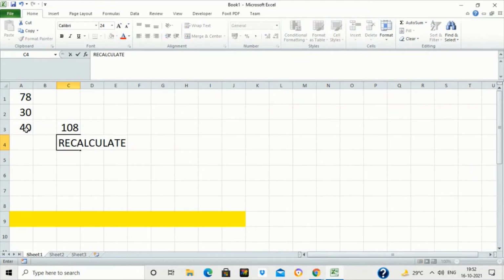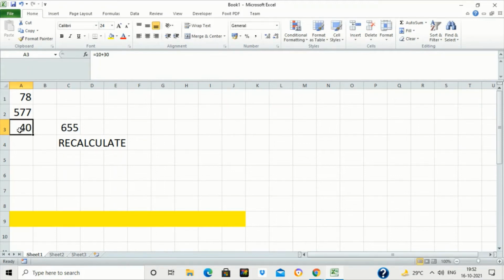The formula will automatically recalculate once the values contained in the formula change, if you are using a cell address. So if I am writing any value here, you can see the result has changed. This is a property of Excel. It will automatically recalculate the result of a formula if any one of the input cells in the formula changes, which is not possible if we are using a constant value like in this particular formula.